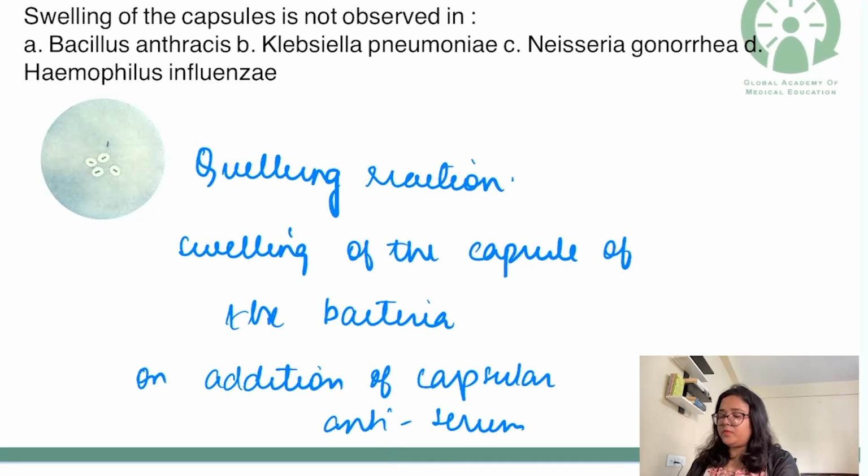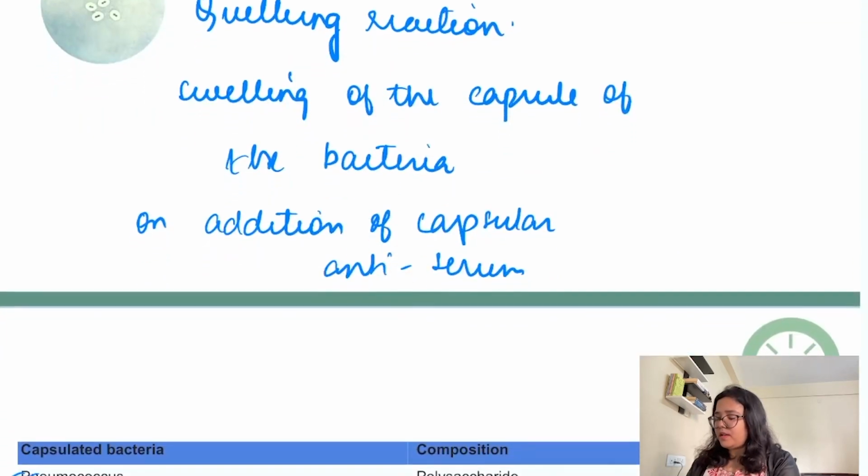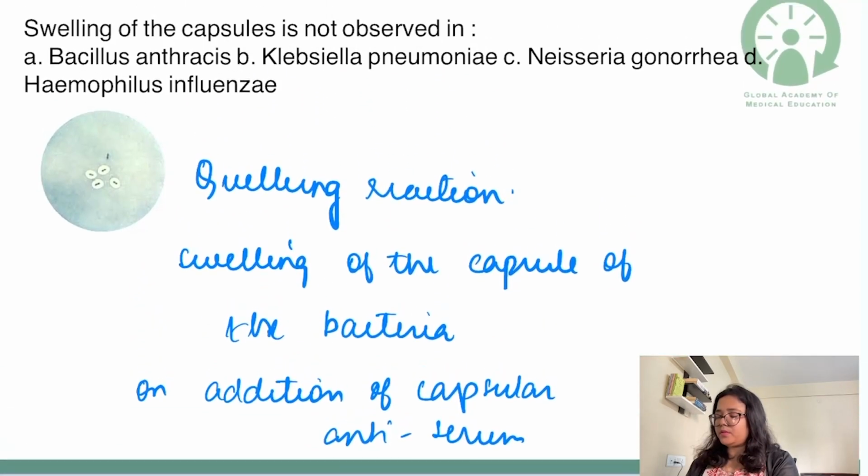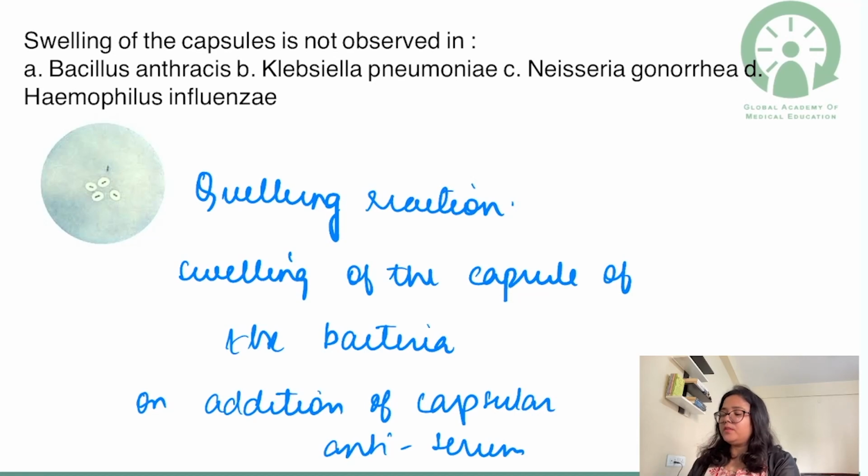So now we move back to the options. We have seen that Bacillus anthracis has a polypeptide or glutamate capsule. Klebsiella pneumoniae had